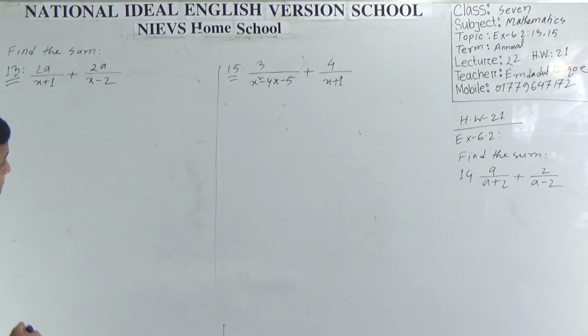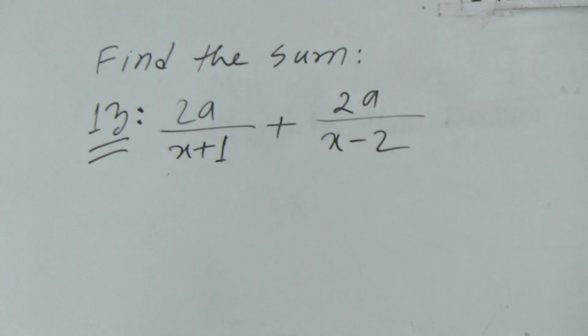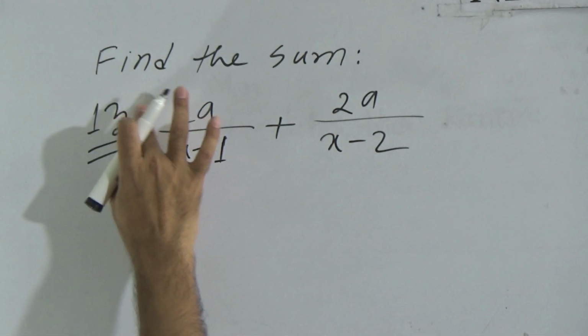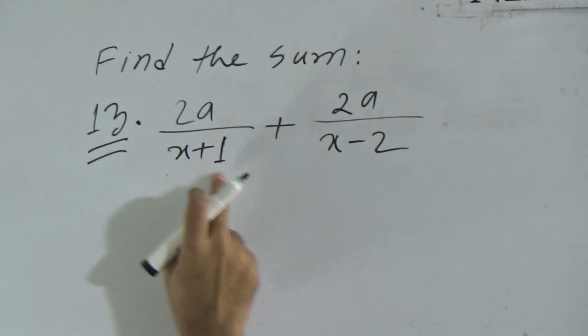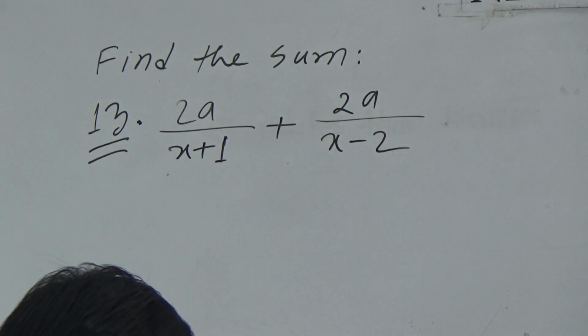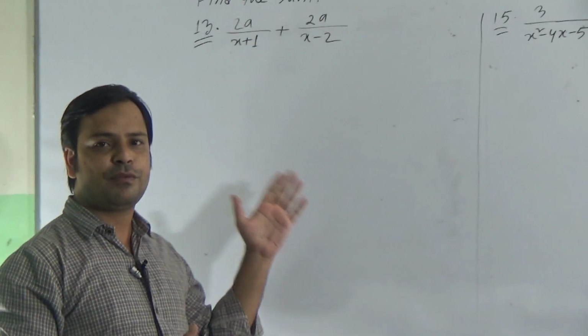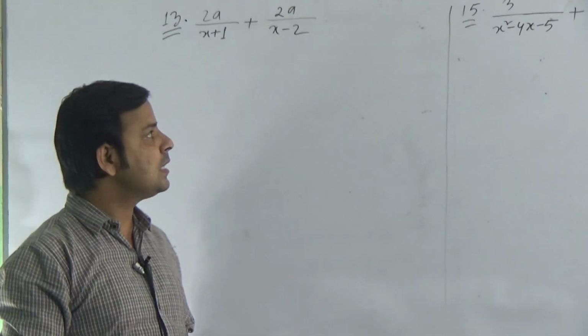Okay, dear students, now see question 13. Question 13 is 2a by x plus 1 is the first fraction and 2a by x minus 2 is the second fraction. It means two fractions are given. We have to find their sum. Dear students, you know that in case of finding the sum of fraction, the rule is at first you have